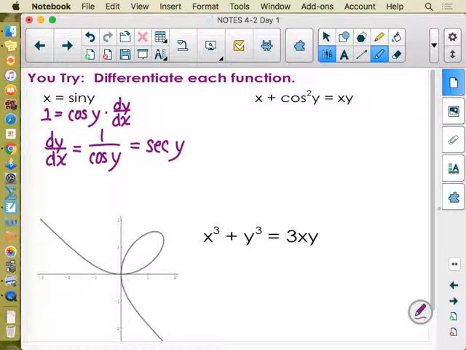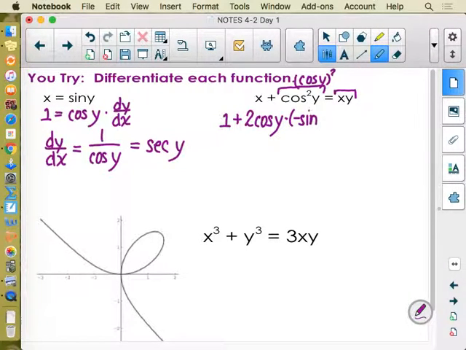This one we're going to have to be a little bit slower about. Takes a few more steps. This side will need product rule. This side will definitely need some chain rule. So derivative on this side would be a 1 plus, again, if it helps to rewrite this as cosine of y quantity squared so that you see the chain rule, it would be 2 cosine y, and then chain rule